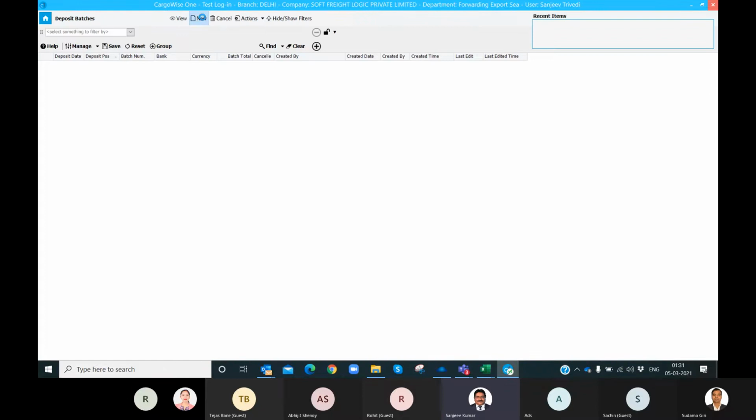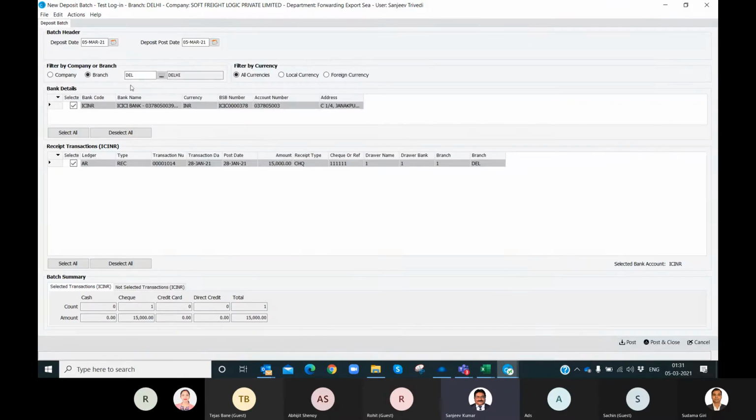If you go to deposit batch, go to new, you can see here, for ICICI Bank, there is one receipt appearing here, 15,000, and the check number was there. In this case, what I can understand is that we have received a check worth 15,000, but till date it is not appearing in the bank statement, and if not appearing, let it be under deposit batch,